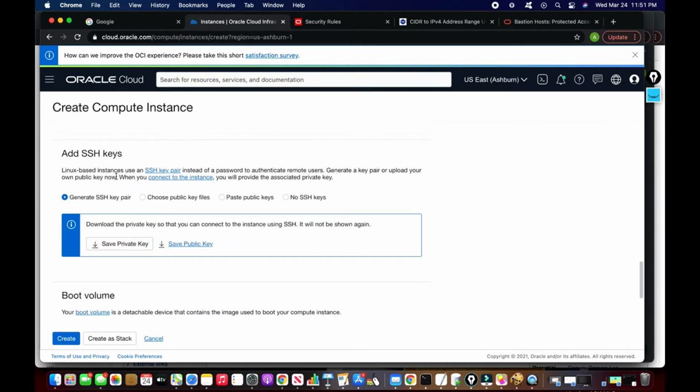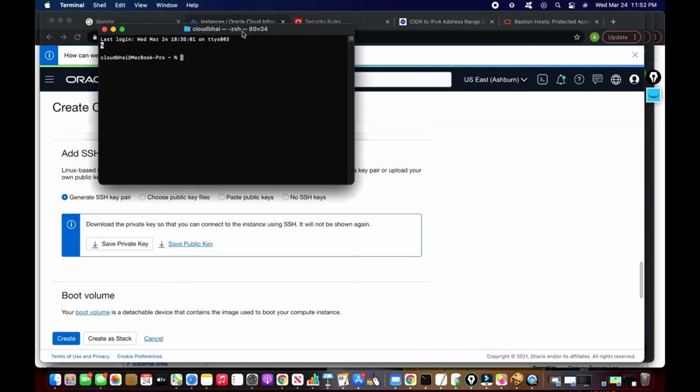Next is adding the SSH key. This is the way you can log into your compute instance from your local desktop. There are multiple options. You can generate an SSH key pair, you can choose a public key file, you can paste the public key, or choose no SSH key if you don't need to log in. Now let me show you one thing. The easiest option here